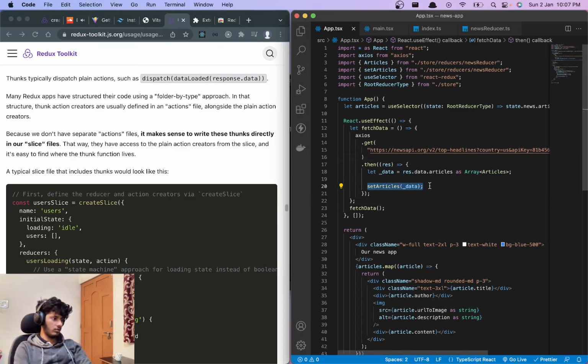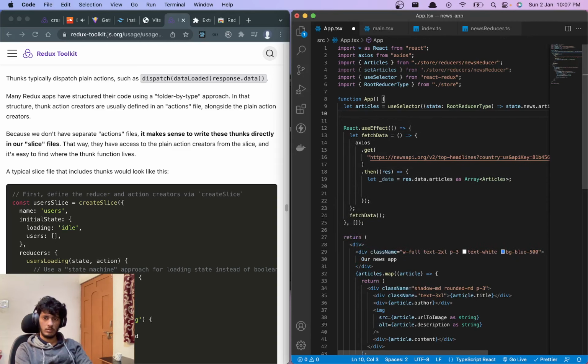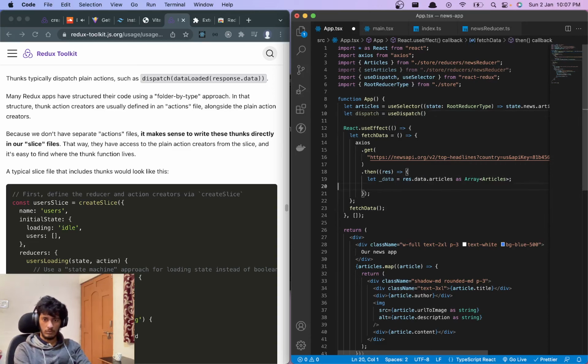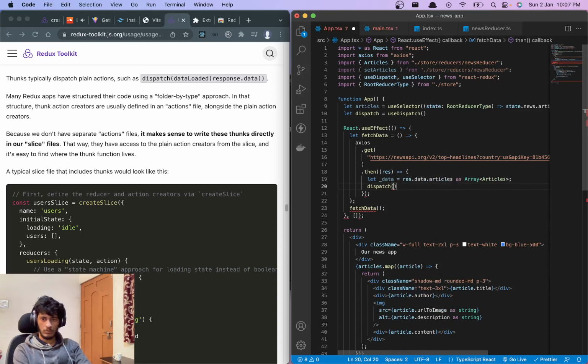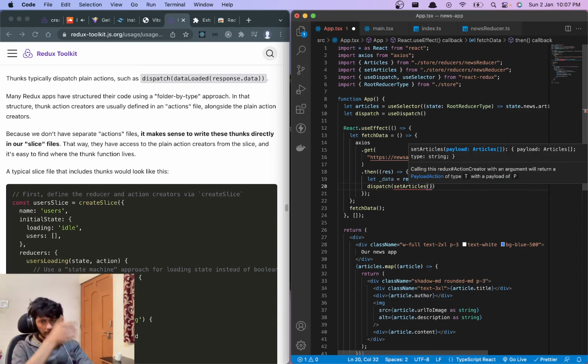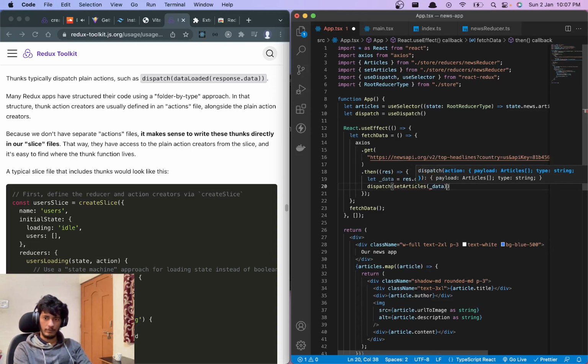Is that the case? Do we have to do something like this? And dispatch set action with whatever data we have. Is that like that?